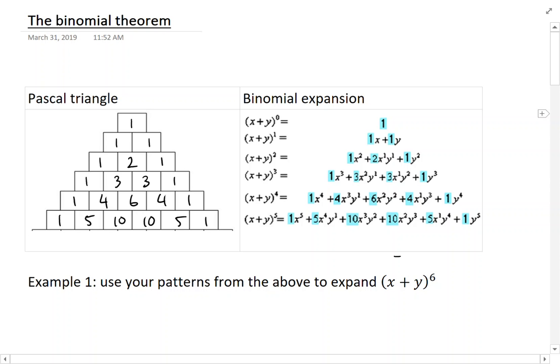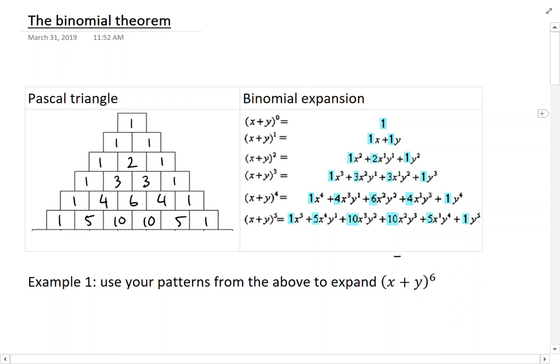Next, to the right, we look at our binomial expansion. When we have x plus y to the power of 0, anything to the power of 0 is just 1. And when it's to the 1, that's fine. Once we have something to the degree 2, we can still use FOIL to easily multiply that out. But once we get to 3, 4, and 5,